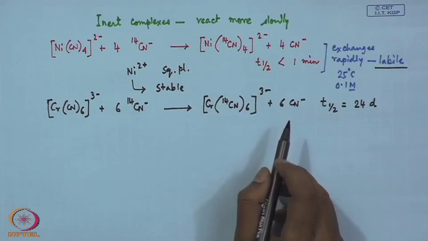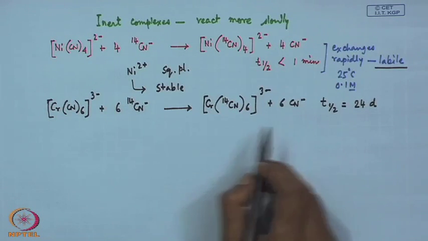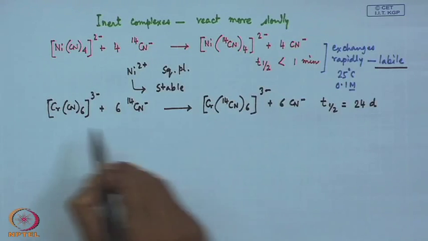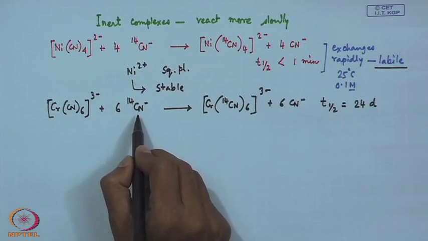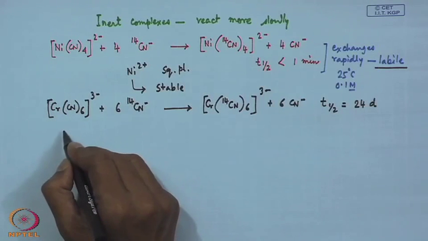So, this t half basically tells us that this particular compound, which is getting exchanged with this 14CN minus, is now